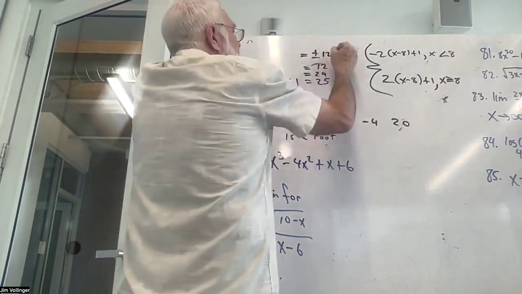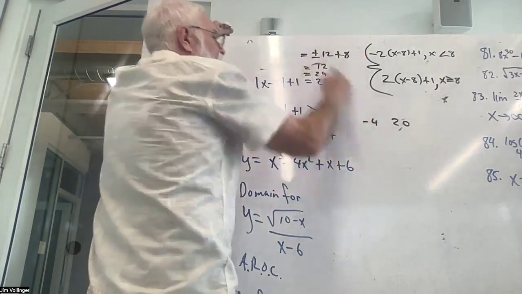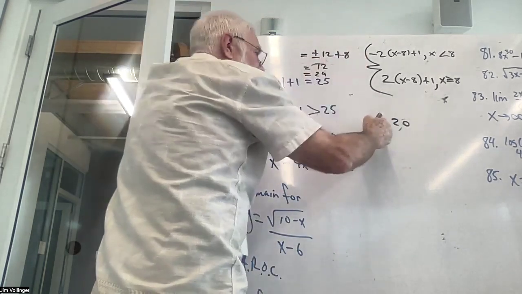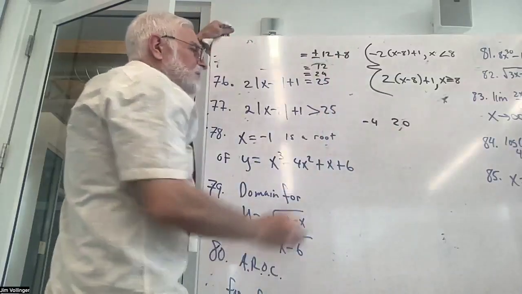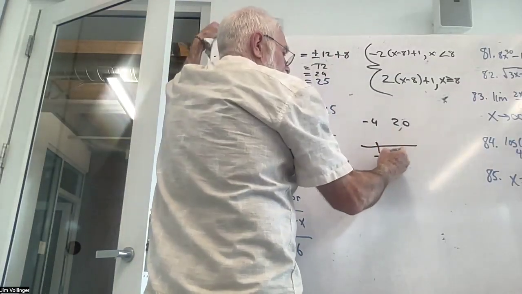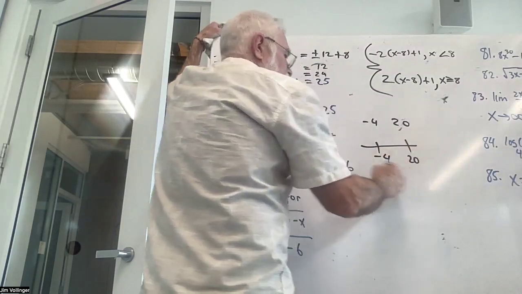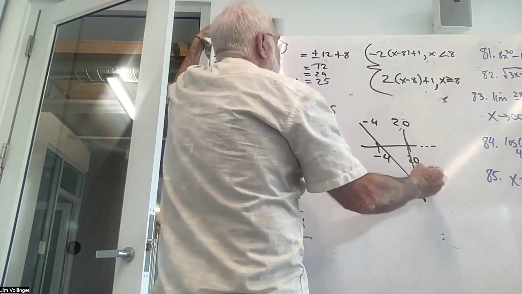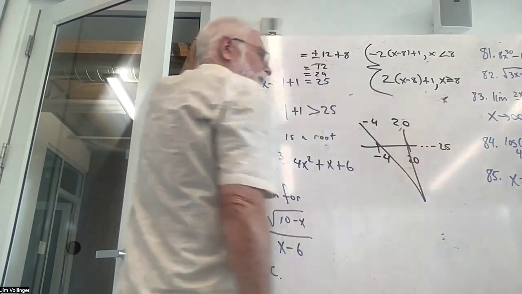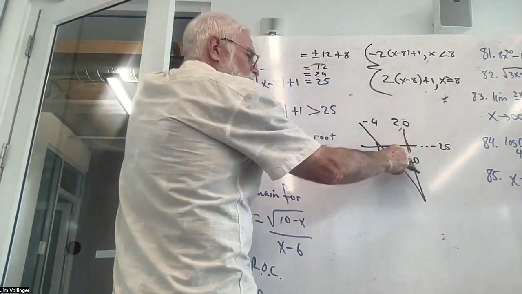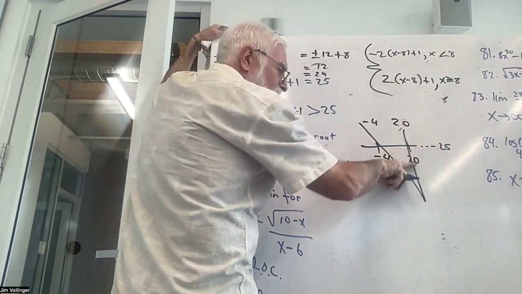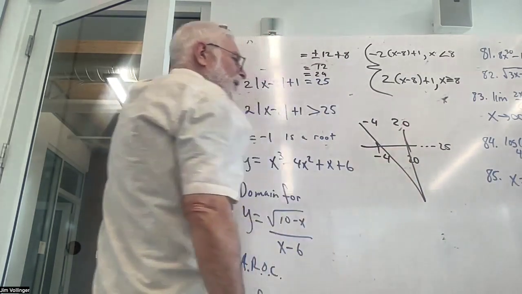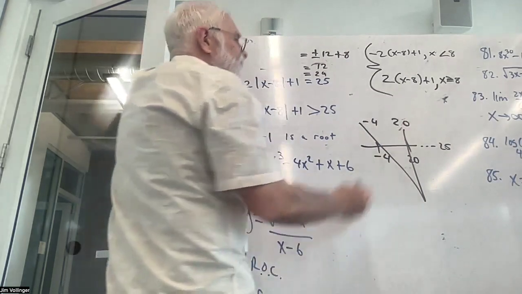Because I'm going to add 8. There, you can see the 20 now, and you can see the -4. That's my last step. And so I'm on a number line at -4 and positive 20. And those are the answers that make something bigger than the height of 25. All right, so the numbers in between -4 and 20 give me y values smaller. So my answer, if I did